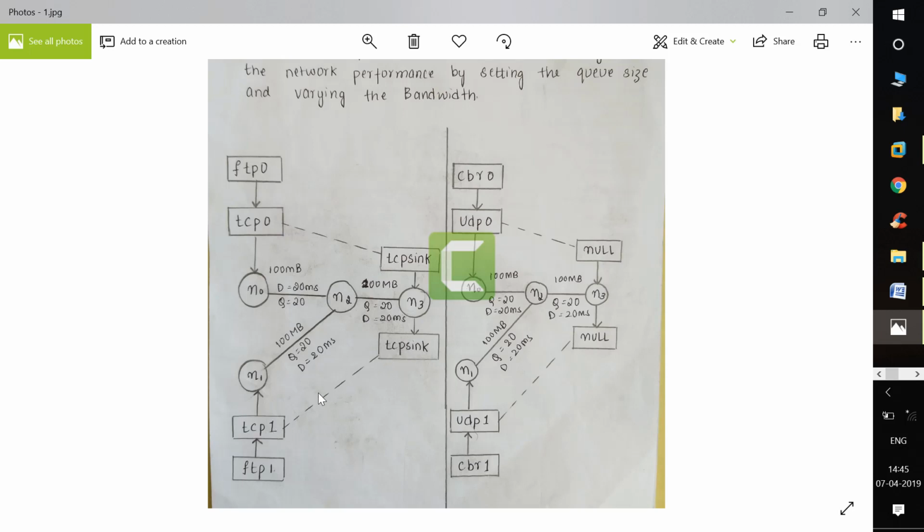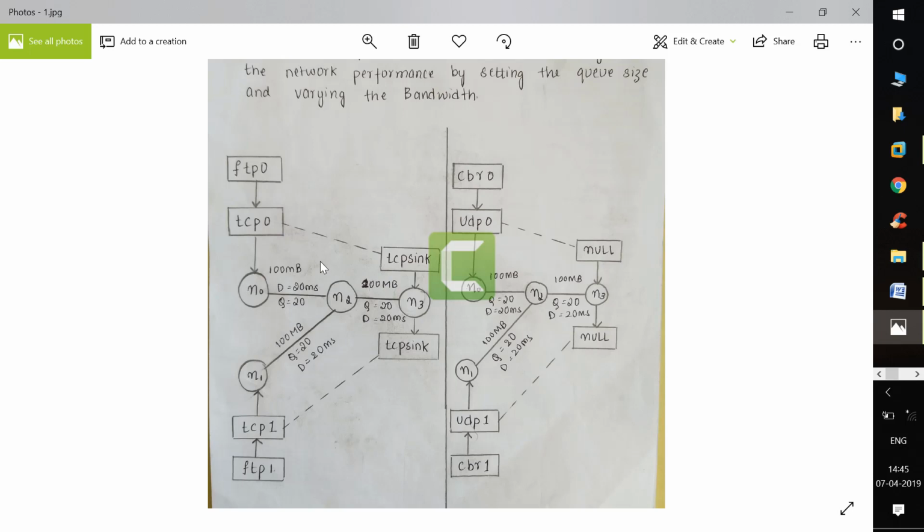Whatever packet is sent from the source is given to N1, N1 to N2, N2 to N3, and N3 gives the packet to the TCP sink, which in turn sends an acknowledgement to TCP1. This is the connection, and here node N2 acts as a router.